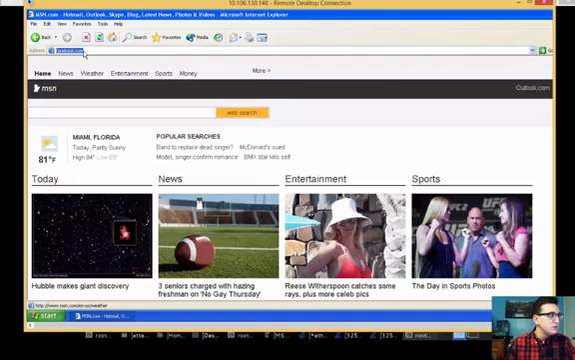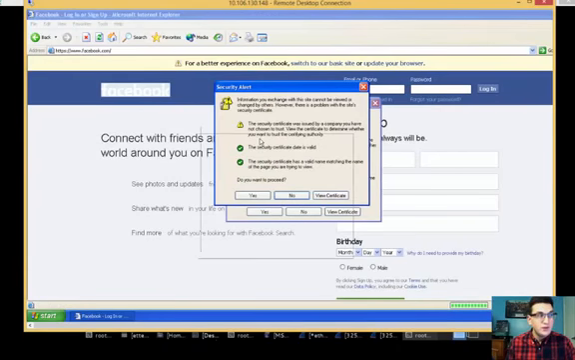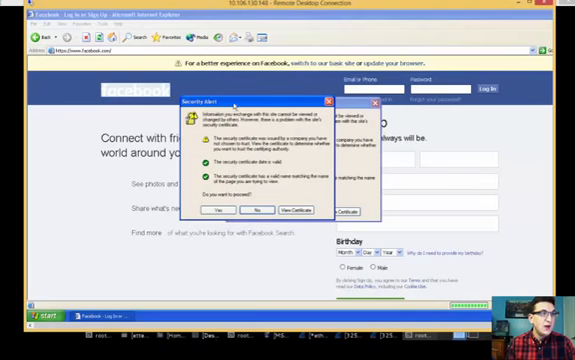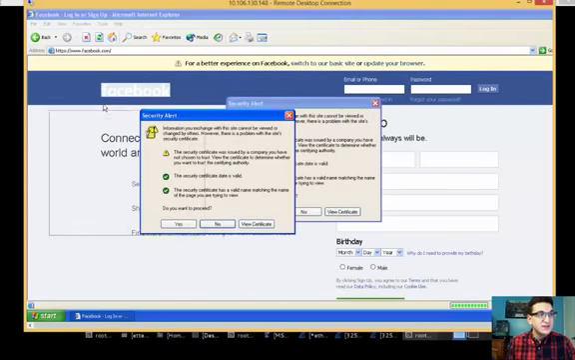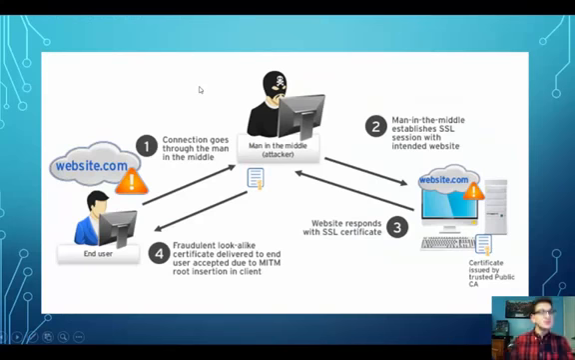Yes, I do want to proceed. So let me go to Facebook. So here we go. Now it went into the website. However, it gave you the security alert again. So what the security alert is doing, a man-in-the-middle attack is also being worked through when you're using SSL strip,